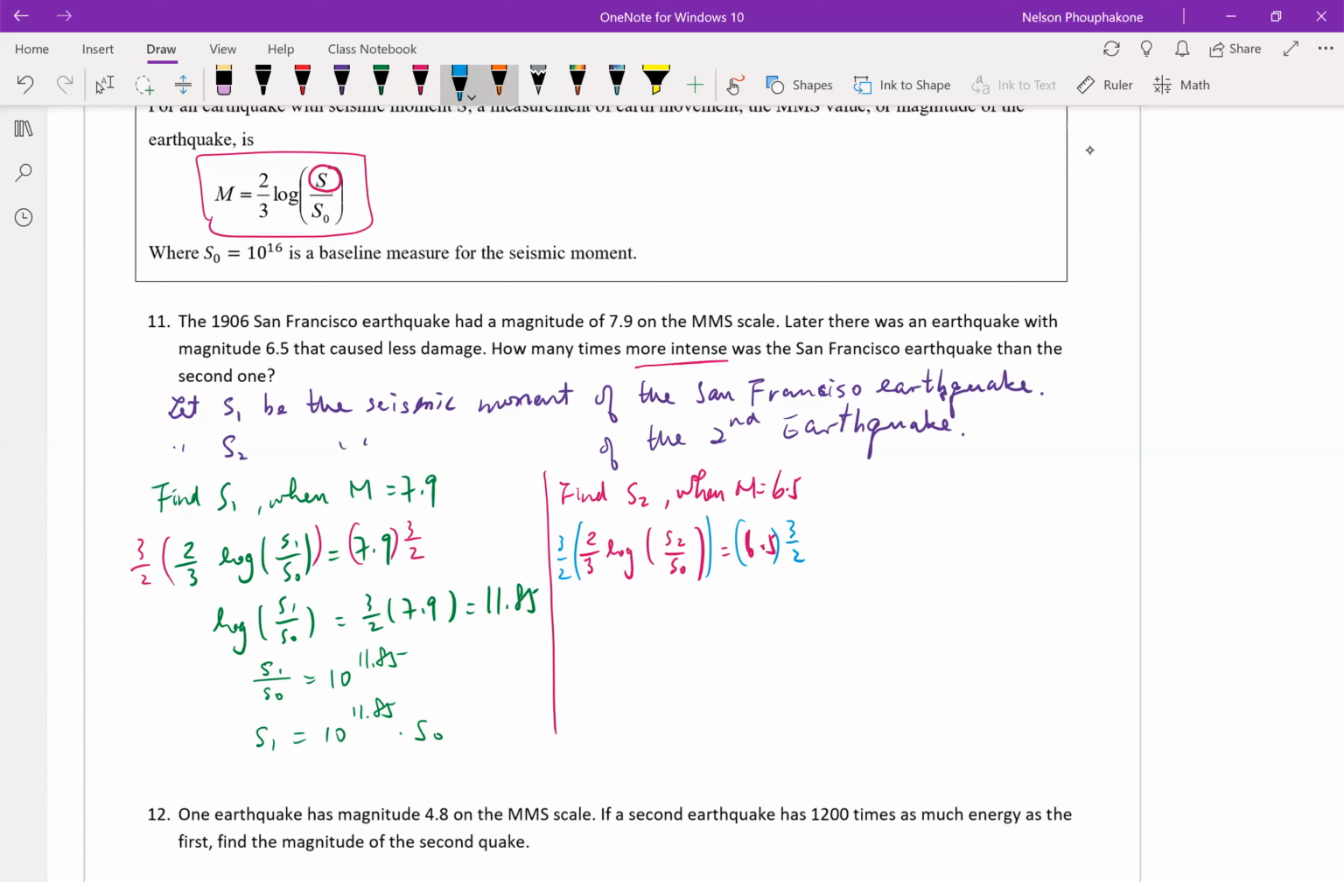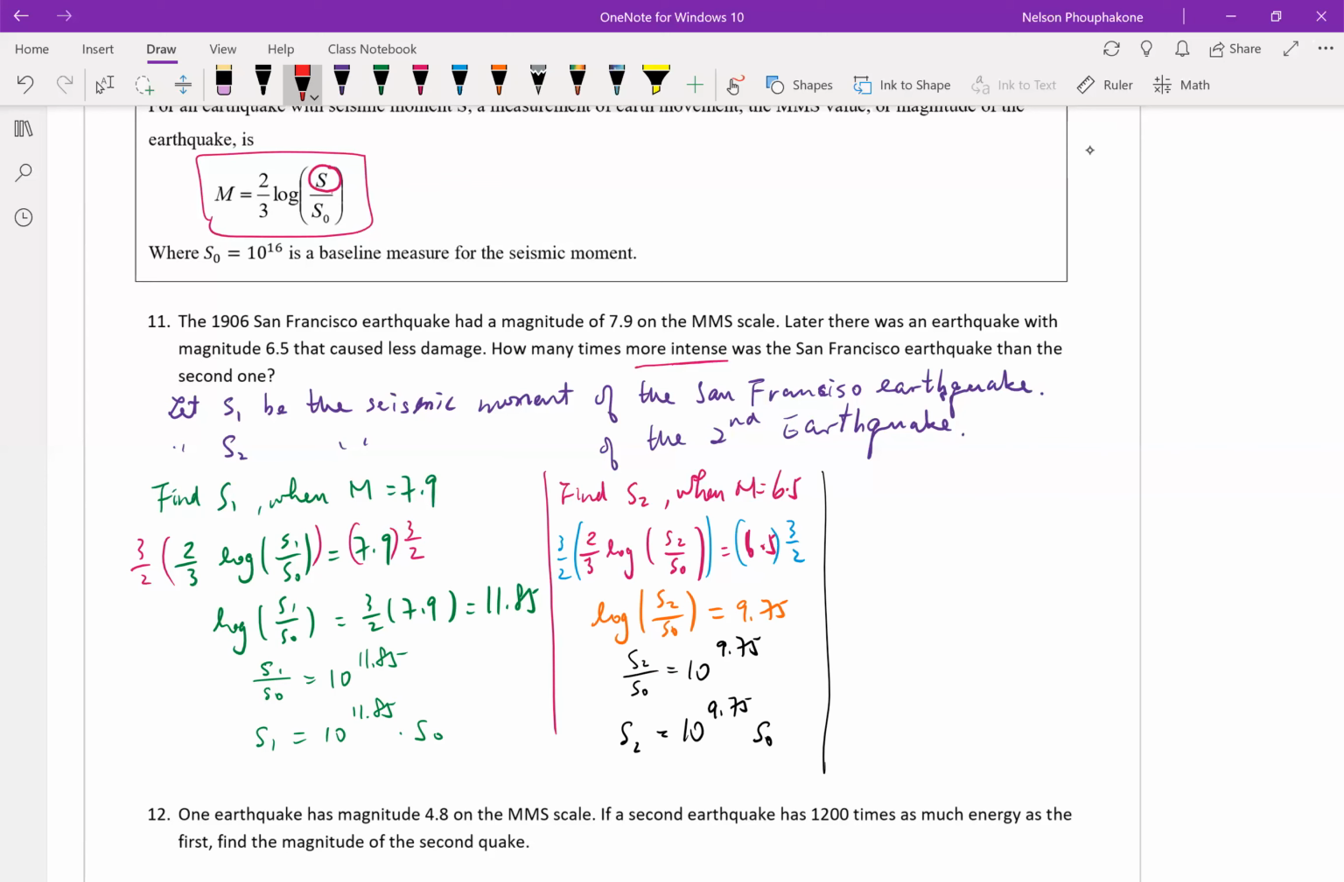And then now I have log of S sub 2 over S naught is equal to 9.75. Then we could have S of 2 over S naught is 10 to the power of 9.75. Right? Then S of 2 is 10 to the 9.75 S naught. Okay. So then now, if I want to know the